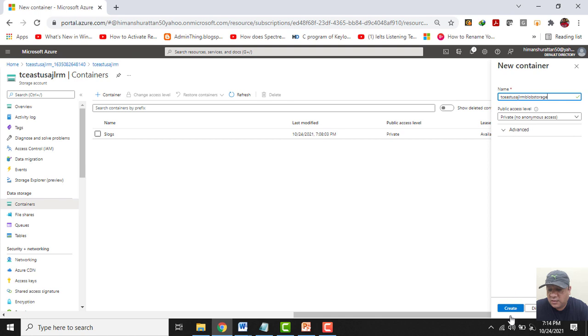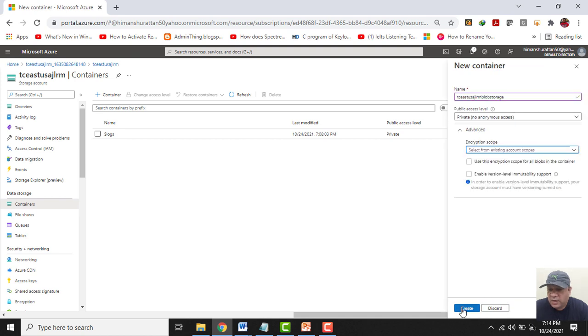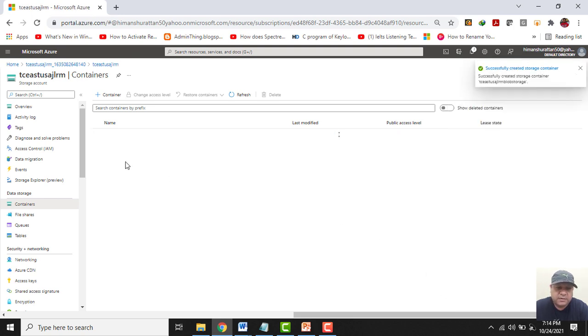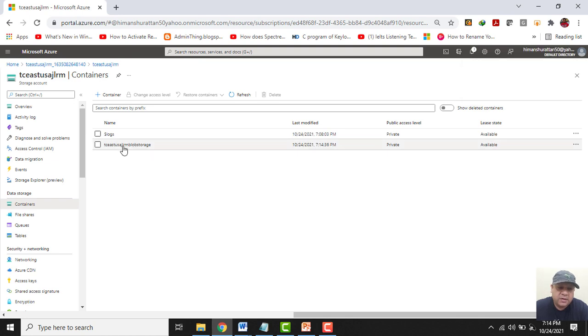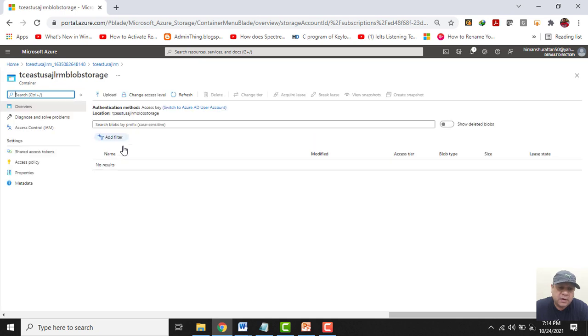See, the public access level I have selected as private. Now I will click on create. So this is the container that I have created with this name. Now let me click on it. In this container, let me click on the upload option, and now I will show you what we get.